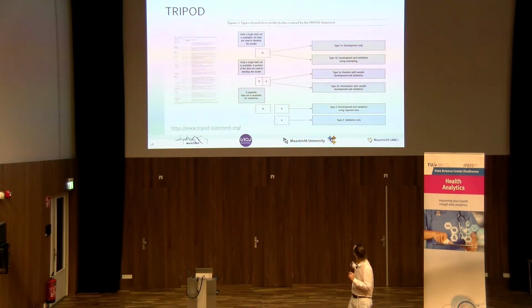And this is type 1 to type 4. Type 1 validation is somebody has a data set and they machine learn on it, but they don't validate at all. Well, any machine learning will tell you that a model will always work in your own data, right? So whatever you publish in terms of AUC is nonsense, right? Don't do it. Development only.